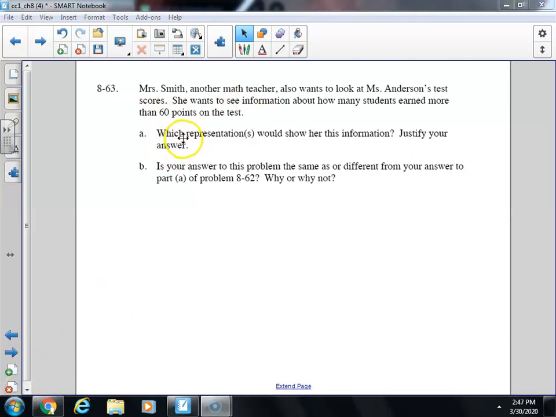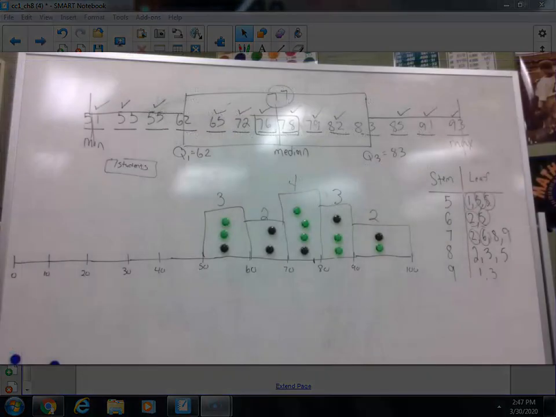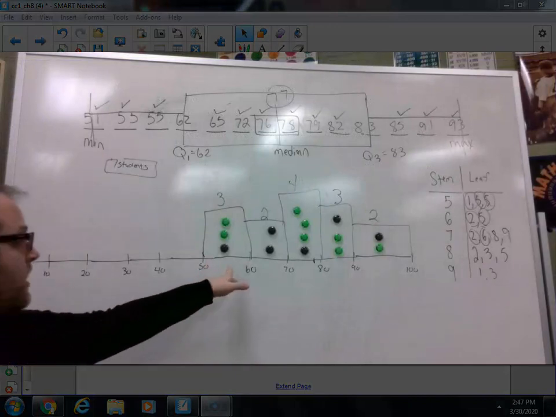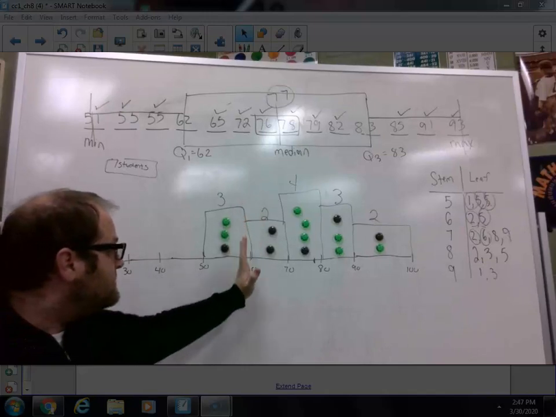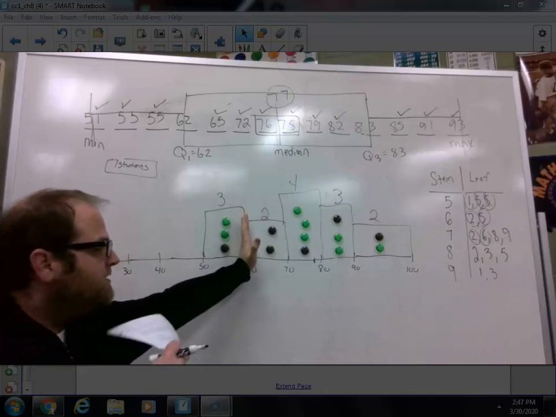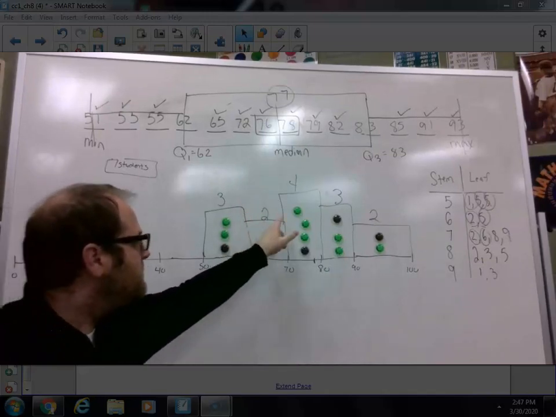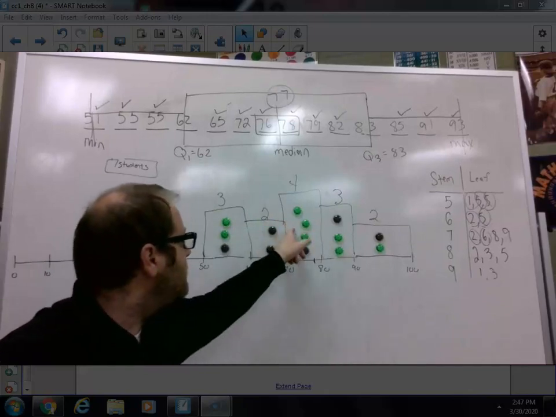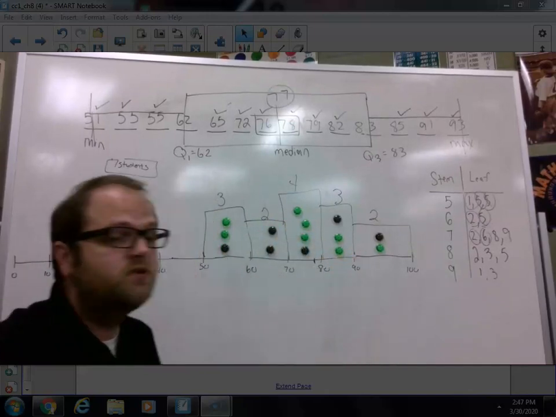So for letter A, we want to know which representation shows students earning more than 60 points on the test. If we go back to our different representations, on a histogram, this is the 60 marking, and everything above that is above 60. So we have 2 plus 4 plus 3 plus 2, 2, 6, 7, 8, 9, 10, 11 students who are